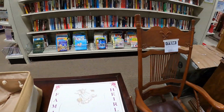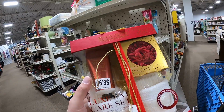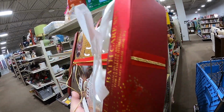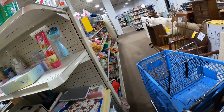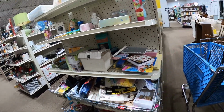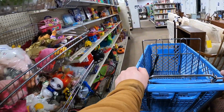But it is fairly priced, I will say that. And just taking a look around the store here, I see this Luxe bath care set. Again, another thing that's fairly priced for somebody that just wants it. However, for me, there's just not enough meat on the bone for me to want to resell that. If I was finding it at a yard sale for maybe $1 or $2, sure, but...